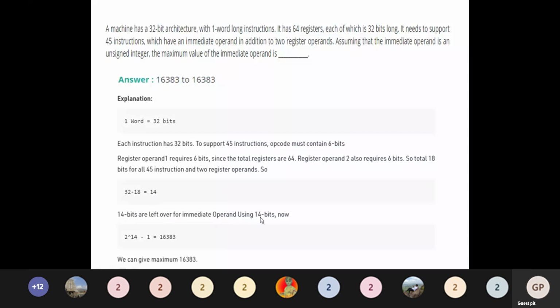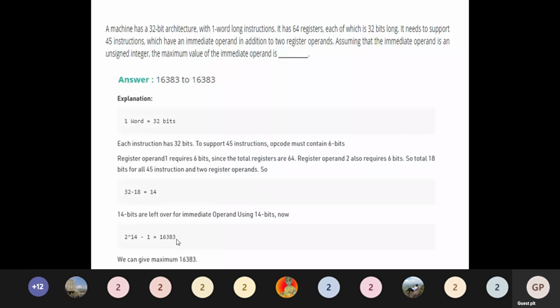With this we can say what the value should be. The maximum value which can be given is 2 power 14 minus 1. 2 power 14 is 16384, so 2 power 14 minus 1 gives 16383. For 3 bits the number of values is 8, for 4 bits it is 16, and in a similar way it is 2 power n.